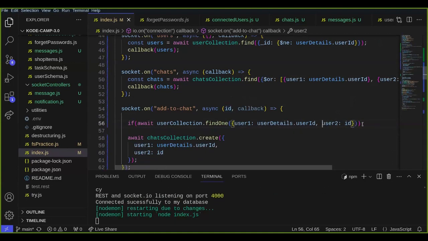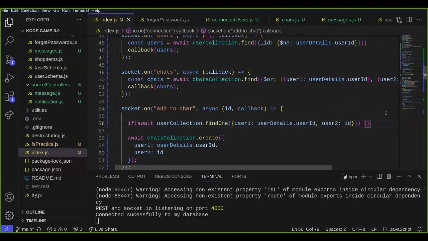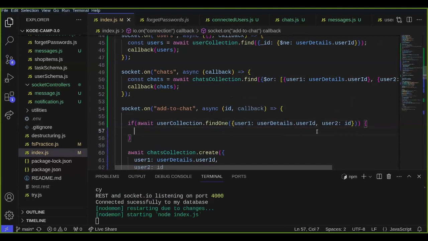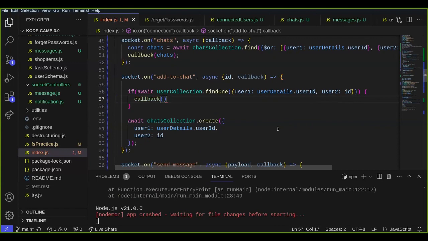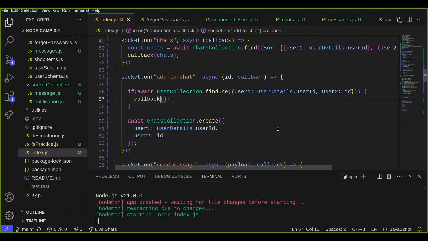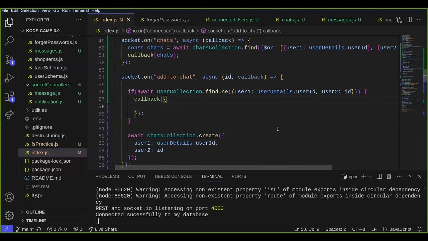You can check first if that user already exists, then you can maybe send a callback and you can say maybe successful, or you can route the person to the chat of that user, right? That those people have had already. Or you could just fall back and say successful, or